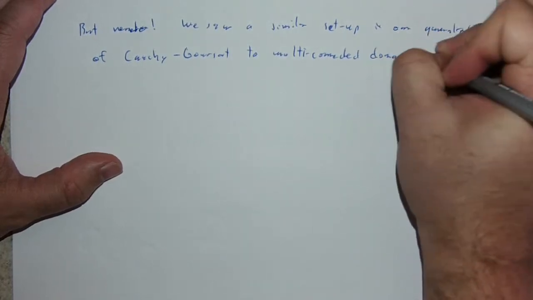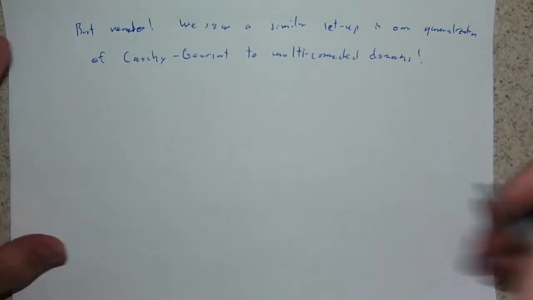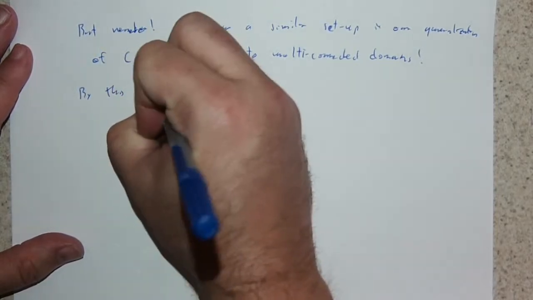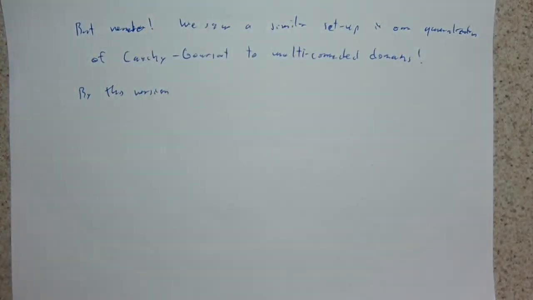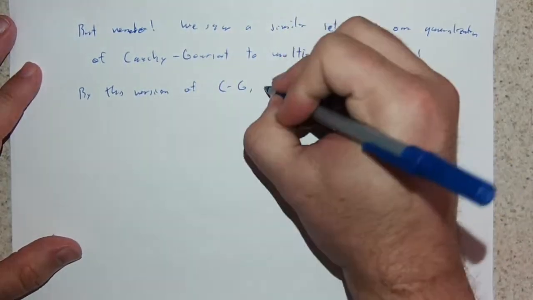Right? So we did this right after we talked about simply connected domains. We talk about multiply connected domains. Okay. And basically, we could have the setup in our multiply connected domain that looked like this. By this version of Cauchy-Goursat, you should go back. I can't remember off the top of my head what number the lecture is, but by this version of Cauchy-Goursat, we know